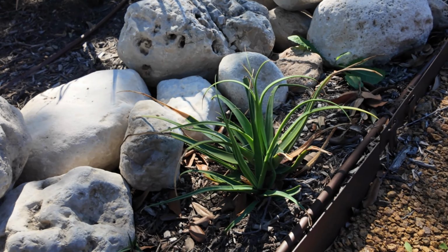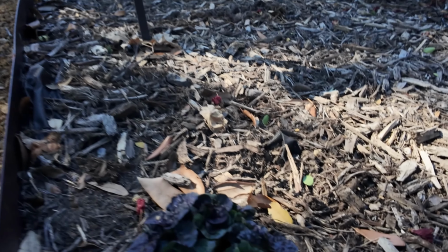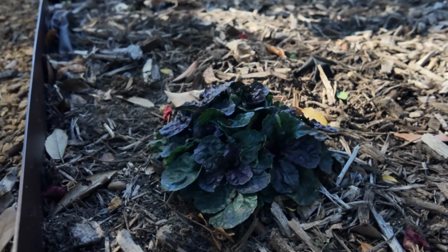This is a decomposed granite walkway with $12 pavers from Lowe's. Here we have black scallop ajuga. Not native, but a really great spreading ground cover. It'll take a little while for it to get going, but